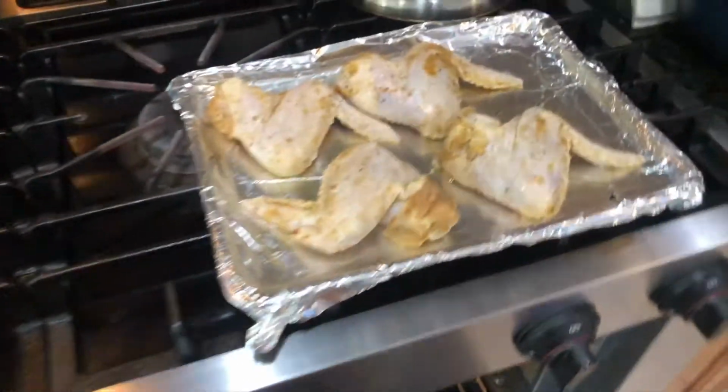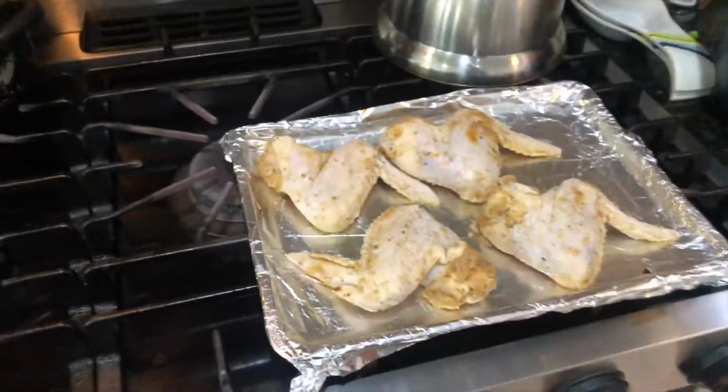Oh, this one is hot. I forgot that I just took it out of the oven. Girl, I'm about to burn myself. Okay,